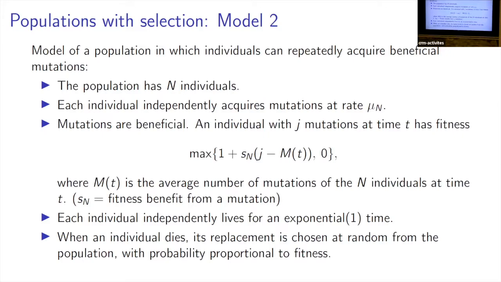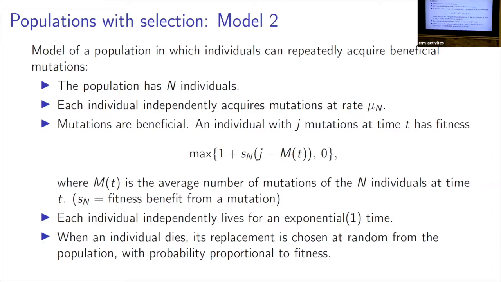And when an individual dies, we choose an individual at random from the population with probability proportional to fitness to be the parent of the new individual that is born. And then the new individual, of course, inherits all of its parents' mutations. And so individuals with higher fitness are more